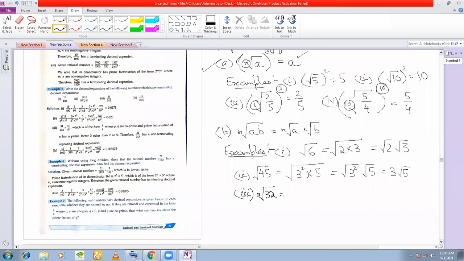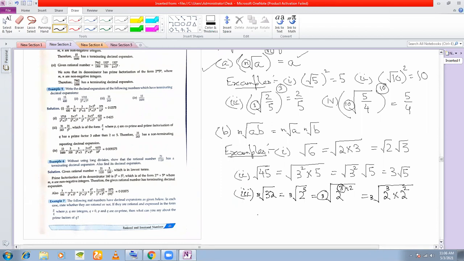If you prime factorize 32, you will get 2 to the power of 5. Now see that the order of the radical here is 3. So what I will do here is write 2 to the power of 5 as 2 to the power of 3 plus 2, because this 3 and this 3 must match. Why it must match is because of this step: I can now write 2 to the power of 3 plus 2, from the laws of indices or exponents, as cube root of 2 cube into 2 square.